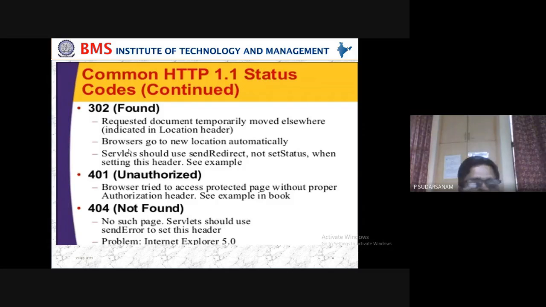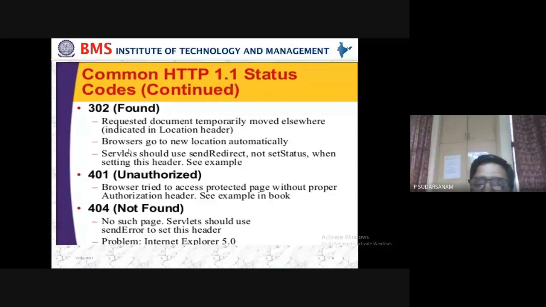Next one is 401 Unauthorized. Unauthorized means the browser tries to access a protected page without the proper authentication header. These are also examples we'll be discussing.